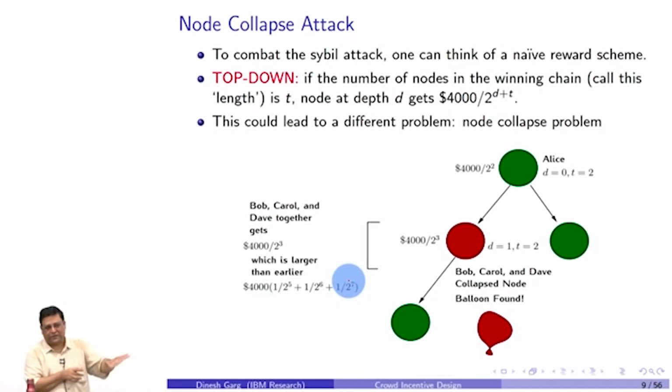These are the 2 attacks, and by no means are these the only attacks. There could be several other attacks. One has to think. What I am trying to drive home is that in any such mission, if you sit down and design an incentive scheme, it's not child's play. It may seem a very trivial scheme, that I'll give half of either bottom up or top down, but there are so many nuances. You have to think carefully before designing any scheme.